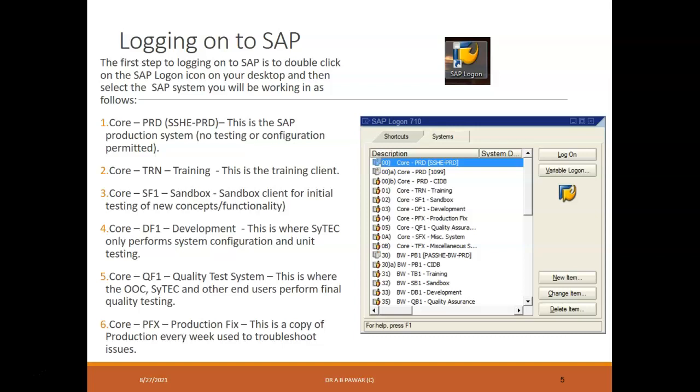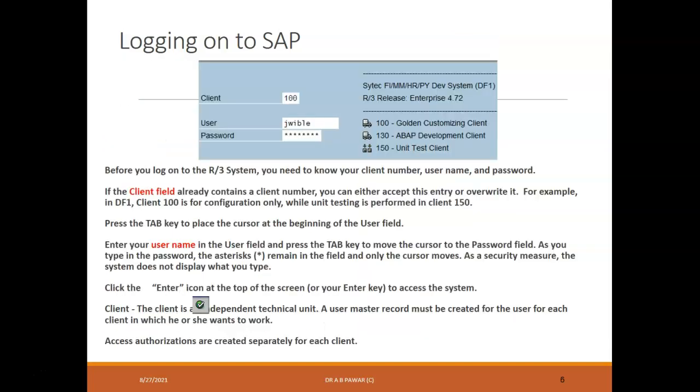So you should immediately get an idea: okay, this one is the part related to my SAP navigation, which is available on my SAP logon. When you go to this SAP logon the first time and select your respective system, you are going to log on to this R3 system. Earlier I already explained the meaning of R3, but once again I am putting it in front of all of you. Here R stands for real and 3 stands for 3-tier architecture.